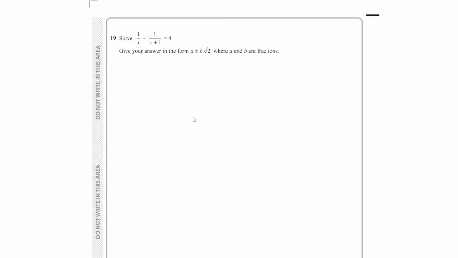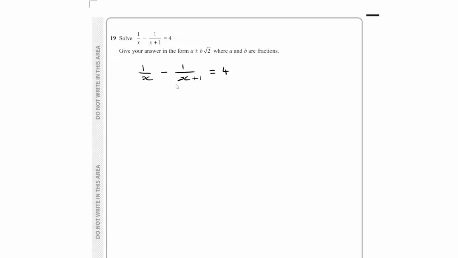That's kind of the information I'm initially getting just from looking at the question. So at least I know where I'm headed, right? Okay, I'm just going to rewrite this here just so I can see it. Now, I obviously don't want fractions when I have an equation. It's kind of annoying, so I'm going to try and cancel out the fractions, which means you need to multiply